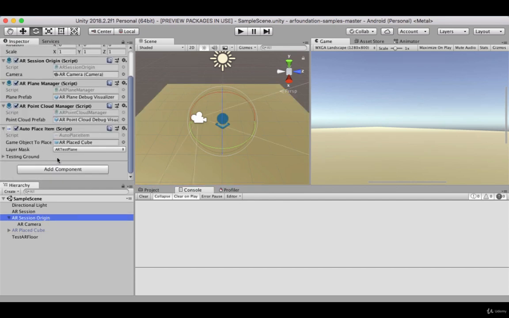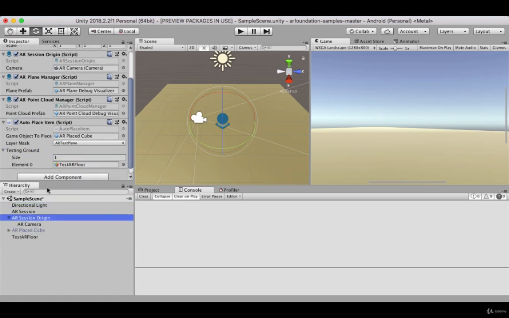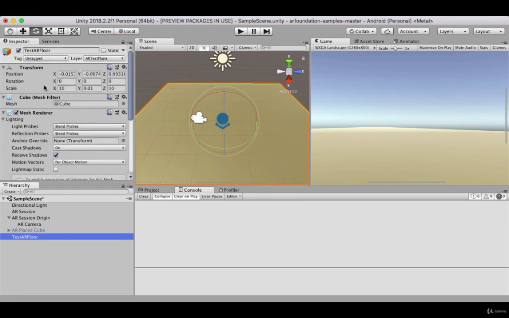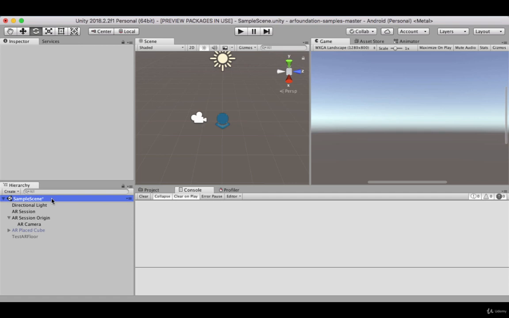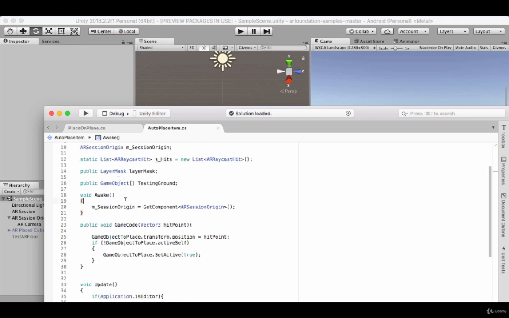So let's go back into here. Let's open up this testing ground array. Let's just put one in here because we've only got one testing floor. And then I'm also going to switch this testing floor to set active equals false, because we don't want that appearing when we build it onto our device. It'll just be floating there. We don't want to do that. So we'll switch it off for now. And what we'll do is in the Awake